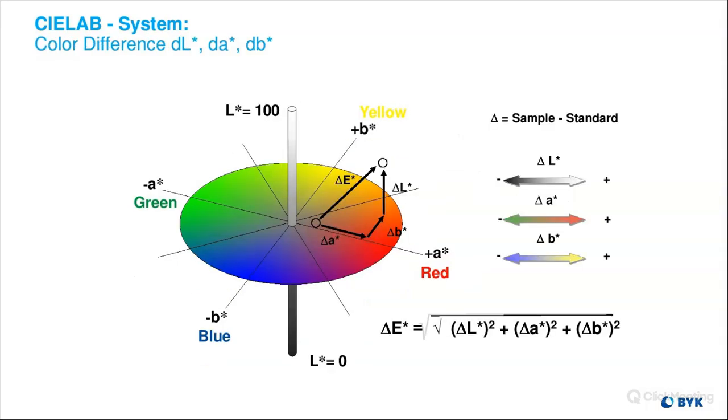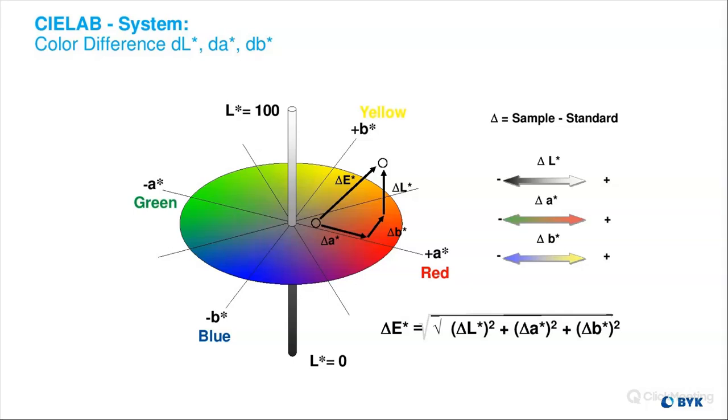Now, if you move on to the next slide, this brings in delta E. So some of you may be familiar with delta E and what it is. It's essentially your difference, usually from a standard and a sample. So if you're trying to achieve a specific color, that would be your standard, your target. And then when you measure your samples to that standard, you're going to get a difference value of how close you are to that target goal.